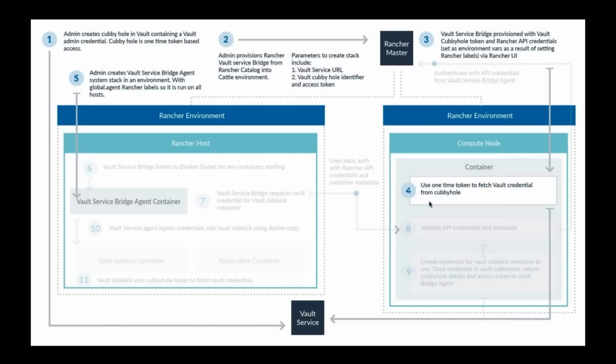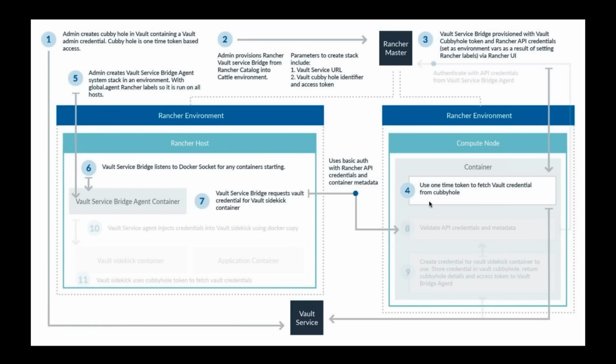And then you would go to your user environment, where you would actually be deploying your applications and consuming these secrets, and you would launch the agents as a global service across all the hosts. This agent gets deployed on all the hosts and listens on the Docker socket for any containers that are starting. When it sees a starting event, it will send a request for that event along with the UUID from metadata right now, but we're working on figuring out what the right message is to get that over to the service so that it can then